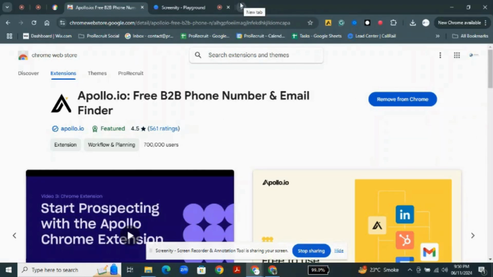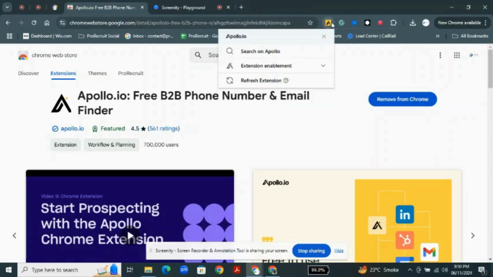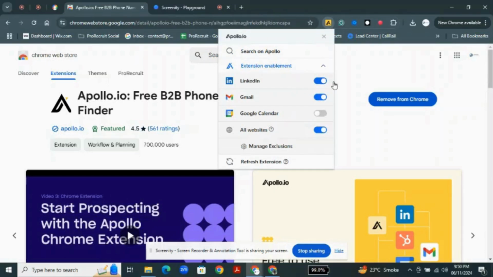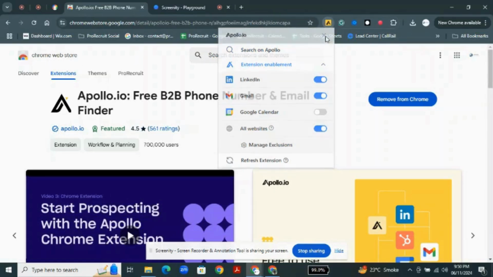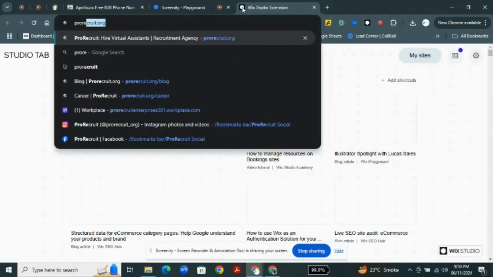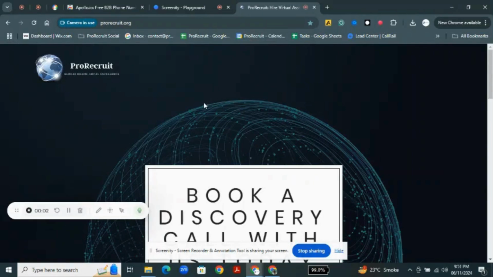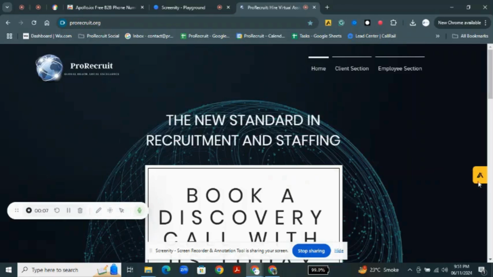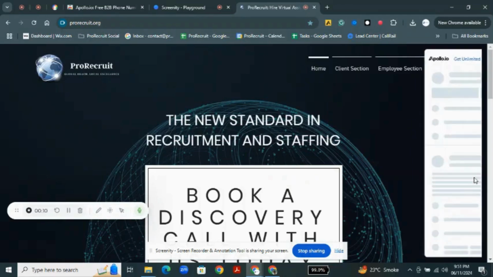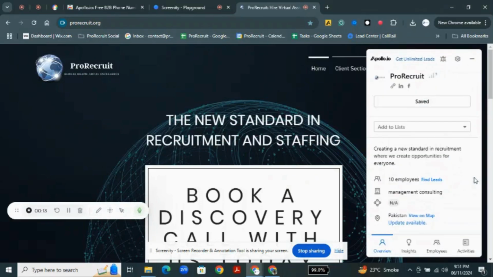Once you're done with downloading the extension, you would go to the extension from the bar and switch it on for LinkedIn, Gmail, and all websites. What it would basically do is, once you reach any website, for example, I'm going to the website of ProRecruit, once it's completely loaded, you would see an icon at the right side, which is for Apollo. Once I click it, it would give me details about various things about ProRecruit, like its website